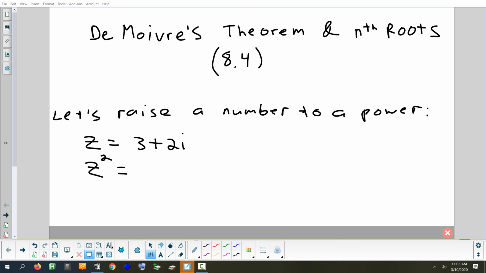If somebody didn't understand what it meant to square something, how would I explain what to write down after the equal sign? Yep. Multiply it by itself. 3 plus 2i. Yeah, just write 3 plus 2i times 3 plus 2i. And now we have to FOIL. Okay. So when I FOIL this out,